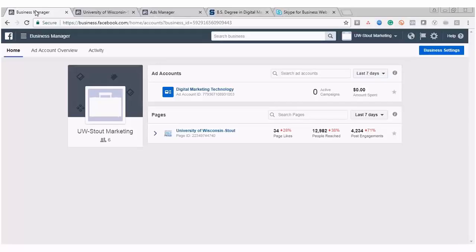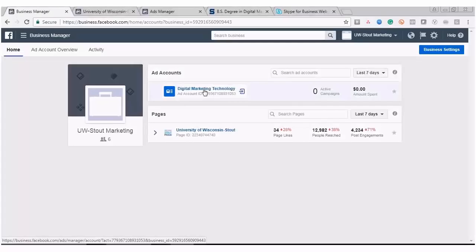So I have jumped into the Stout Marketing Business Manager. This isn't just on the Facebook page, it's here where we have, as you can see, the ad account for the digital marketing technology campaign. Within here,